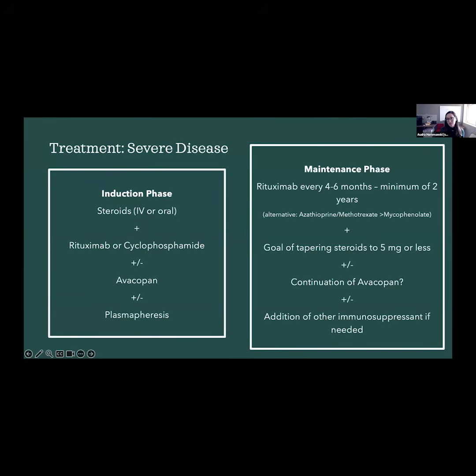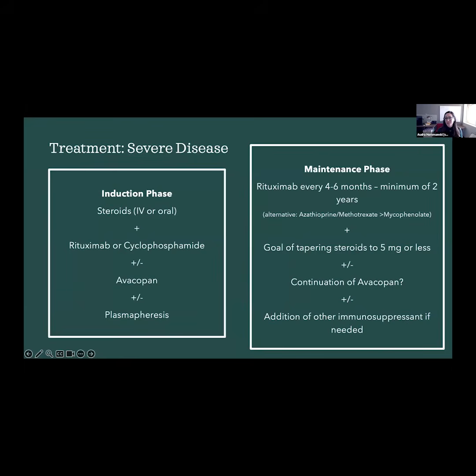Both of those medications are given IV. Rituximab is typically given once and then again 2 weeks later. The cyclophosphamide is given IV, and depending on the type of protocol being used, anywhere from every 2 weeks to every 4 weeks. The rituximab lasts for 6 months in most cases. Sometimes we give it every 4 months, as we'll talk about in the maintenance phase, but the cyclophosphamide is continued for somewhere between 3 and 6 months for our initial induction.